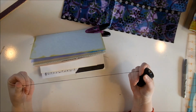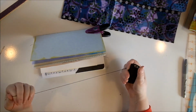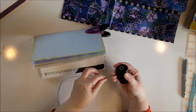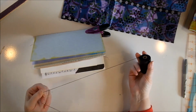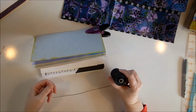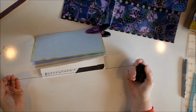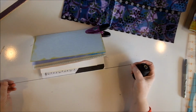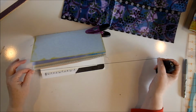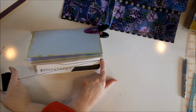They use this a lot for bookbinding. They use it a lot in basketry. This is just, I think, 4-corded waxed linen. That's one of those things I have. I have some purple, but I can't find it. So now I want enough to sew the full length of this signature twice,